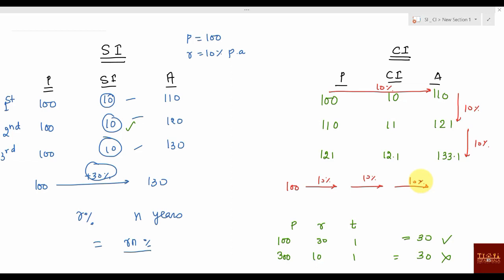Suppose the time component is not there in compound interest, in this successive increment. What will you do? They have simply told that one amount is becoming 10% more and increasing, again 10% increasing, and again 10% increasing. What is the final amount? Time component, how are they asking interest? Find the compound interest on that amount of money. If time component is not there, you cannot find that compound interest. Why? Because this 10% might be for 1 year, 2 years, 3 years, 4 years, 5 years,